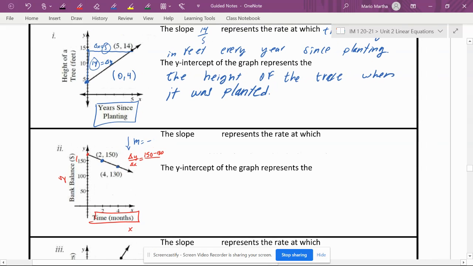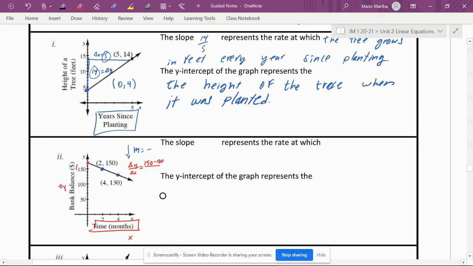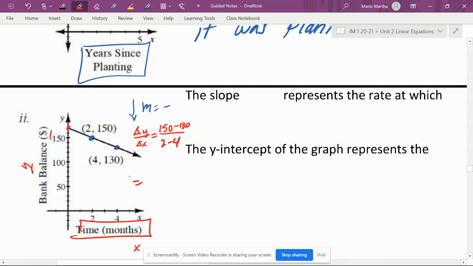And then at the bottom, we're going to have 2 minus 4. So 2 minus 4, and that's equal to, simplify one more time, we're going to have 20 on top divided by negative 2. So that's going to be equal to negative 10. So here, our slope, which is negative 10, represents the rate at which our bank balance